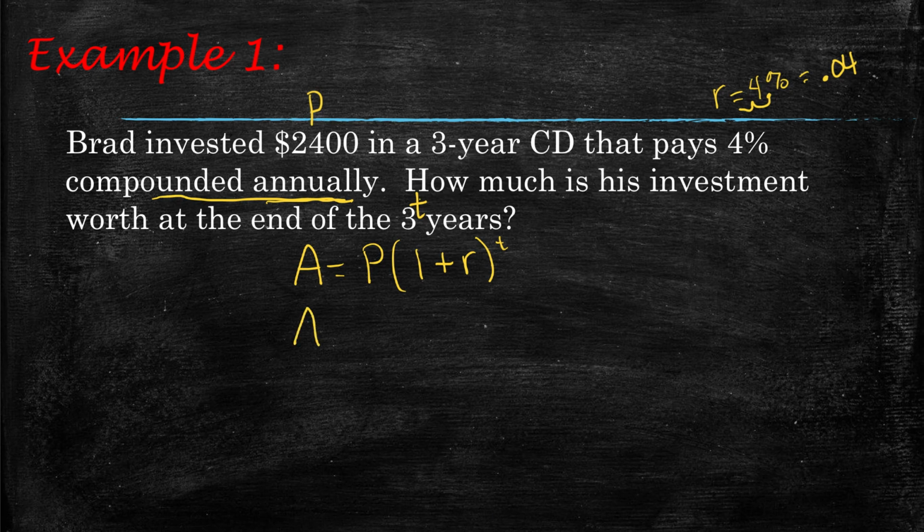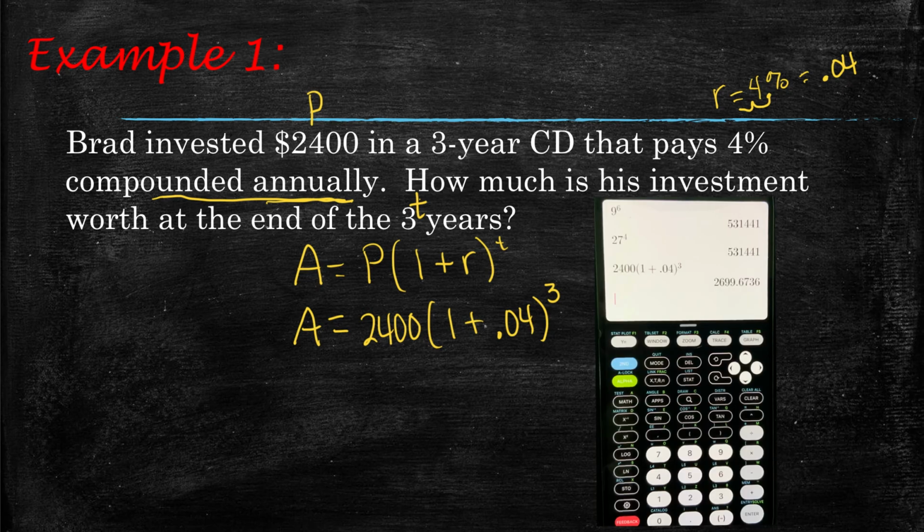Okay, so let's go ahead and put this in the formula. A equals 2,400 times 1 plus 0.04 to the 3rd power. And so use your calculator to figure out what that is. All right, so you can see that I have entered it there on my calculator, and the amount comes out to be